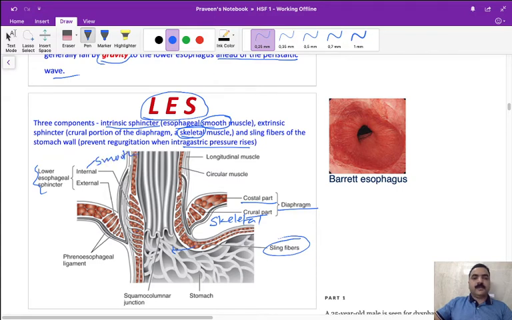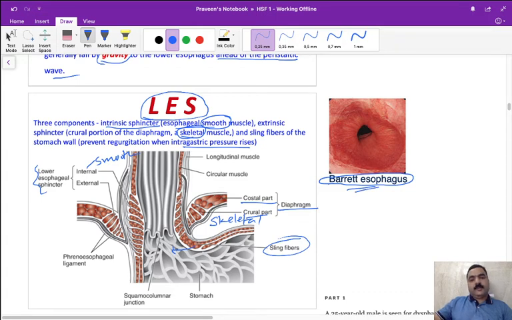Okay, the smooth muscle. So what are the disease conditions that we can get over here? One of the things that you will study in your histology is Barrett's esophagus. When the acid comes over here, it will cause changes to the epithelium. The normal epithelium will start to proliferate and change. That is what we refer to as Barrett esophagus.